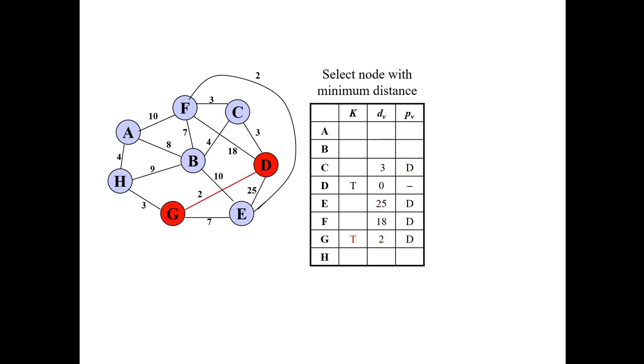Now the next node that we are visiting is G, because it shows the minimum distance, 2. D is the nearest to G, so the distance is 2. We always try to take the node which shows the minimum distance. We have to travel the minimum. So the distance between D and G is 2, and it is updated now. Then the distance between G and H is 3. Now we have to calculate from G.